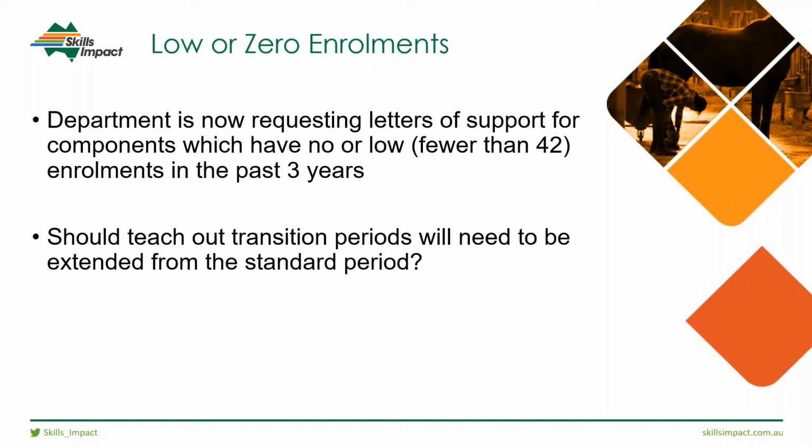They are seeking additional support from people such as yourselves, so from RTOs and stakeholders and industry, to say that these components are required. So what we're asking and hoping we can get from you all is just even an email in to say, yes, I see the certificate 3 in horse care is required by industry, and just a little why. We know that this is a very niche market, therefore there are low enrolments in some of these areas. We've also seen that we have had 3 units of competency that cover daily care of horses, and by merging those together and making a more robust unit, that's going to be one of our arguments to say that this should be retained. However, if we can get any type of support from you guys sent through, I'm happy